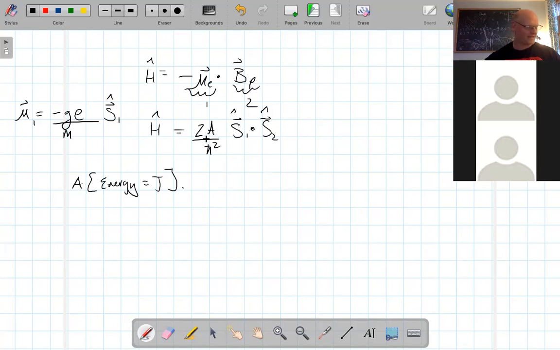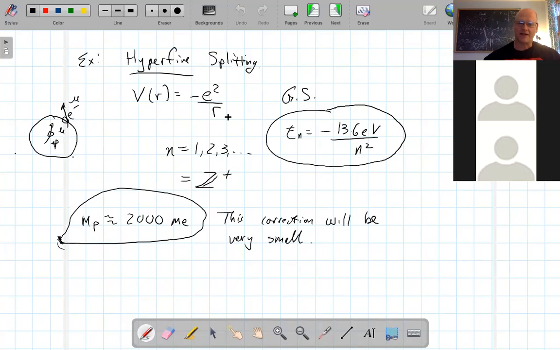We won't worry about what A is at this stage. Okay. So good. Because of this coupling, we're going to be talking about both spin states, which means the basis functions we're going to be looking at are the 1, 2, 3, and 4 basis functions. Okay. So good. So the first thing we want to start looking at is